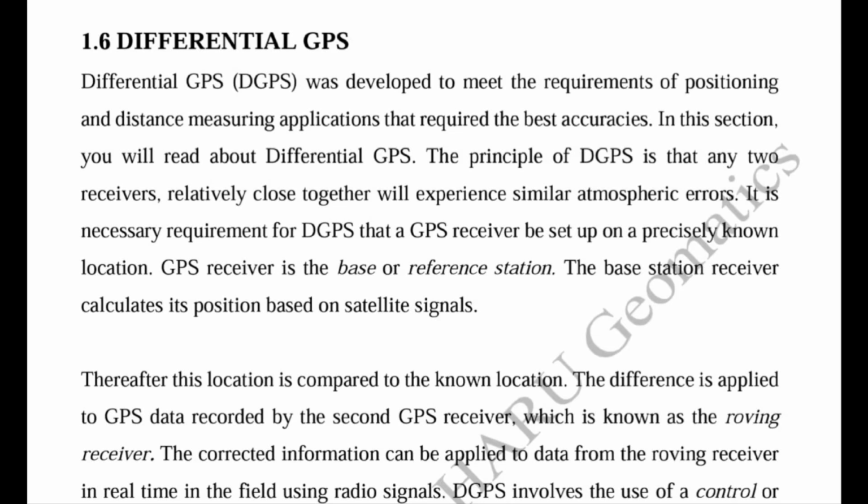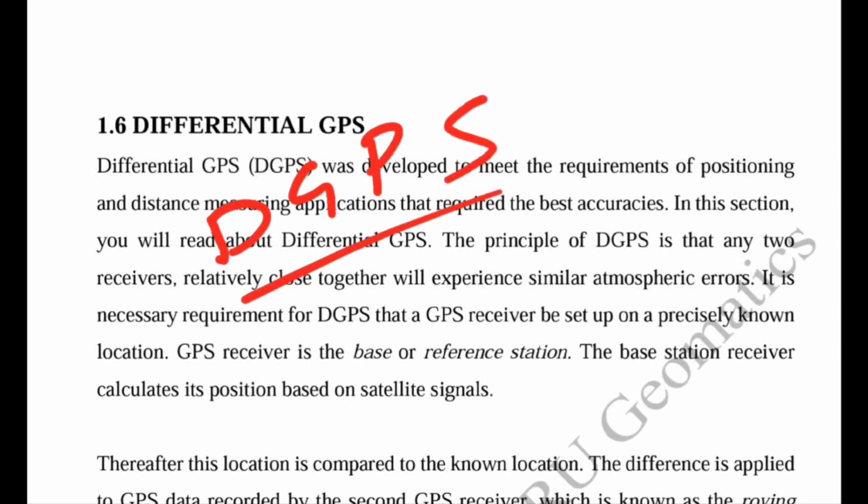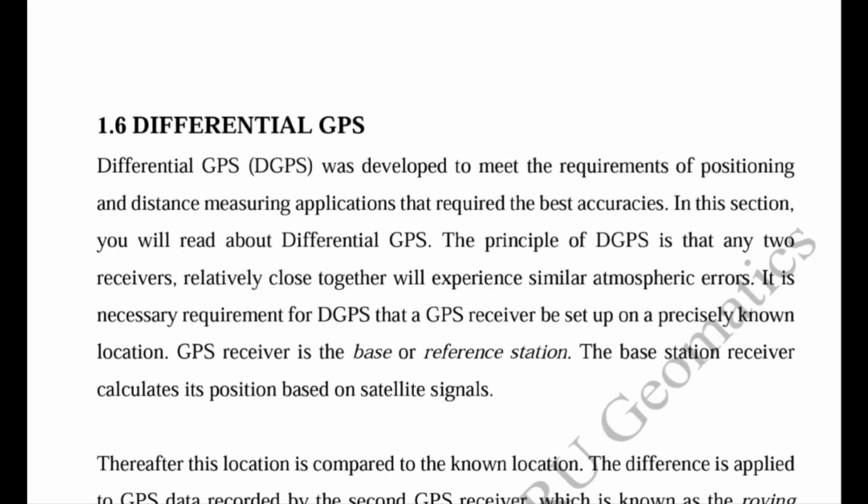In this lecture, we will study about the DGPS, which is a most important topic for the exam purpose. We have to understand and take the overview of the DGPS, what it is and how it works to calculate position with accuracy. After that, we will also see some sources of error for the DGPS, or we can say GPS calculation. So what are the sources which cause errors in the readings?